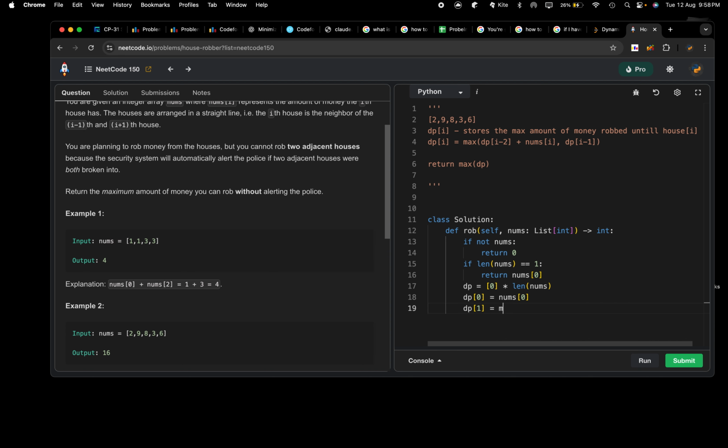dp of 1 should be max of nums 0, nums 1. I think this is correct. And then for I in range 2 to len of nums, dp of I